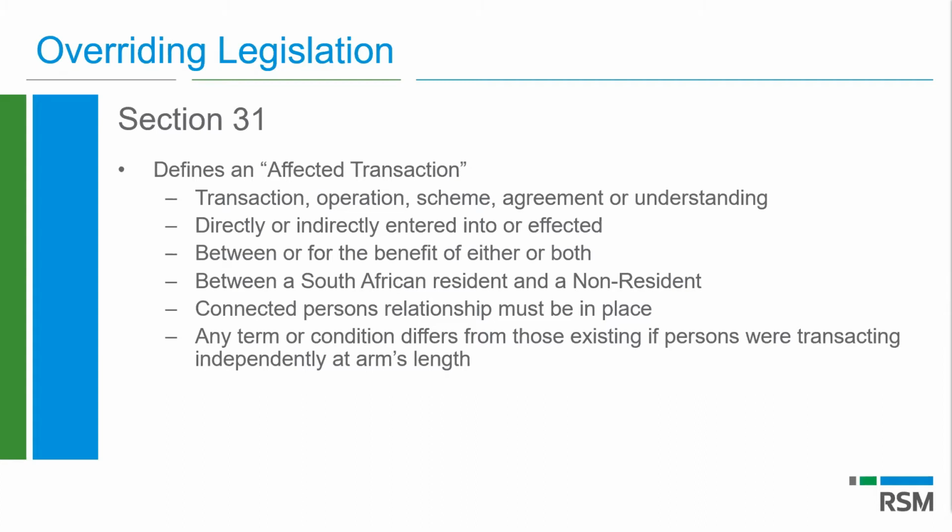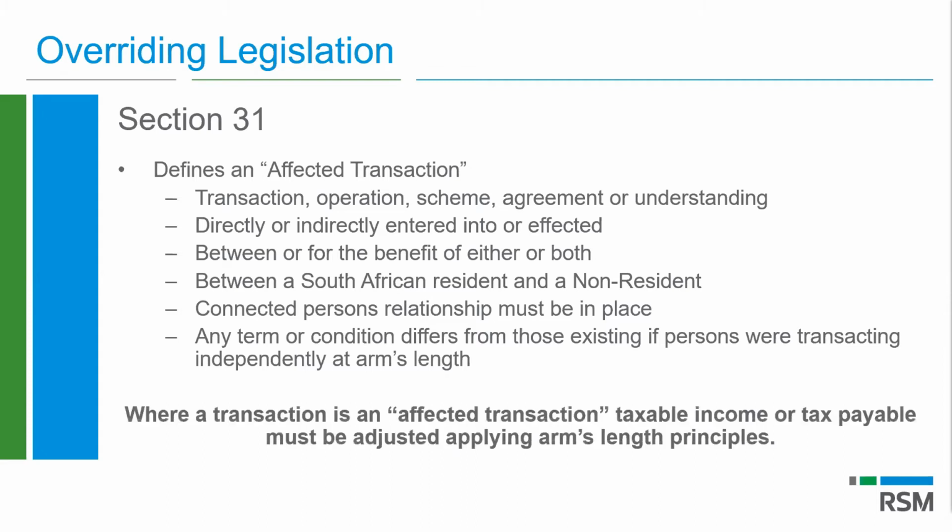So this comes back to the transaction having to be cross-border between resident and non-resident. And then in terms of our definition, it requires that a connected person's relationship must be in place. And this is going to be one of the changes that I'm going to deal with a little later on. And then any term or condition must differ from those that exist if persons were transacting independently at arm's length. And if you tick all of that,